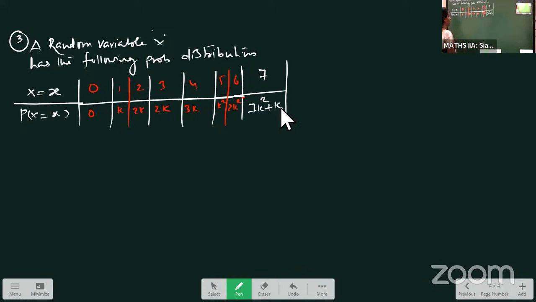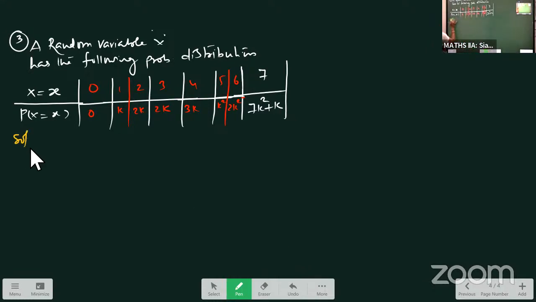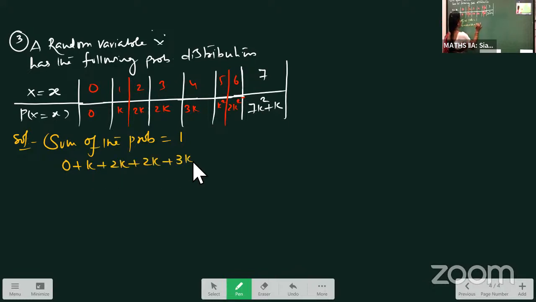Now, what to do? Again, as I told you, the sum of the probabilities is always equal to 1. Then let us do that. Solution. Sum of the probability is always equal to 1. The second row contains all the probabilities, always the second row. So 0 plus K plus 2K plus 2K plus 3K plus K square plus 2K square plus 7K square plus K is equal to